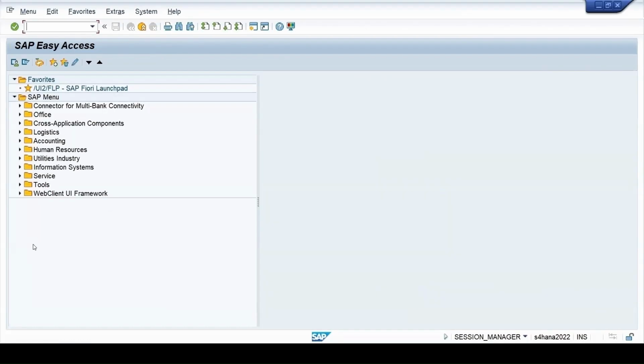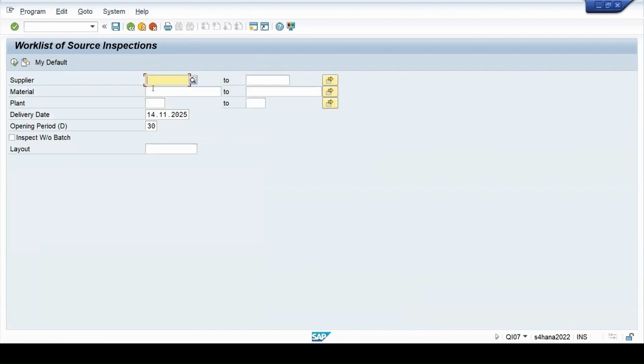But at present I'm running it manually, QI07, which is for triggering the source inspection. Here you can enter the detail for your materials. Plant is 1710. My vendor is this.